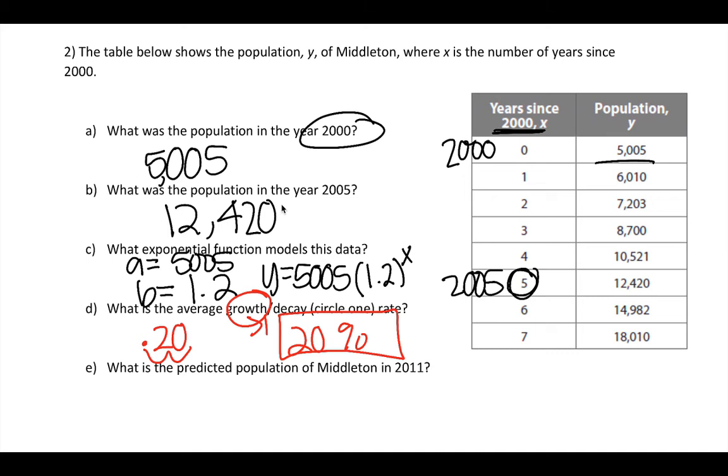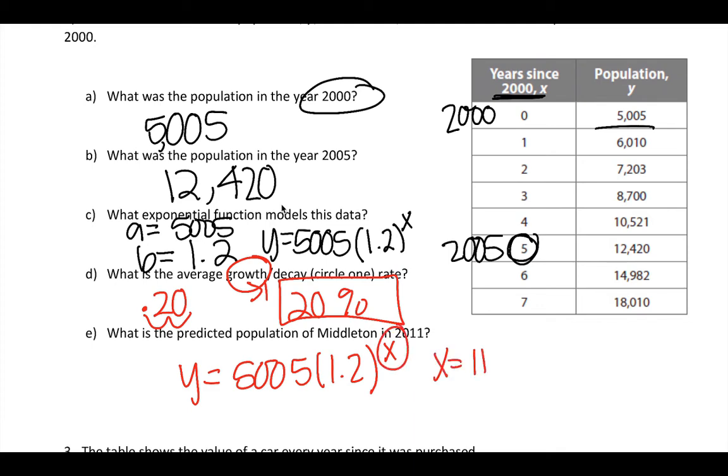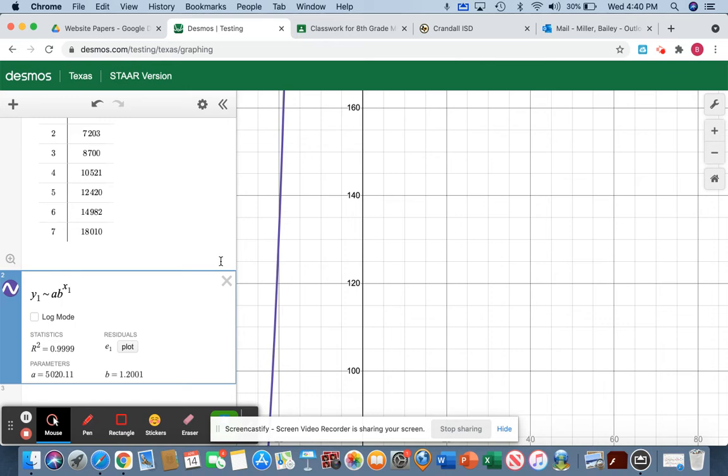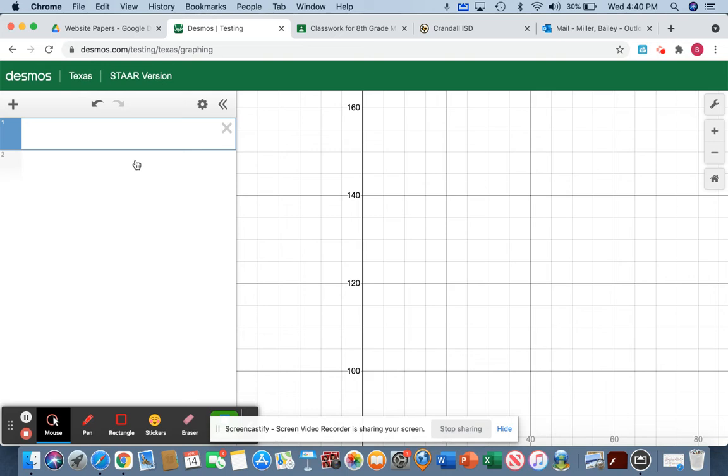It says, what's the predicted population in 2011? Well, I started in 2000, so 11 years after that. So I'm just going to take my function and instead of x, I'm going to plug in 11 everywhere I see an x. So we're just going to plug that into Desmos. So here we go. Desmos, I've got 5,005 times 1.2 to the 11th power, which is about